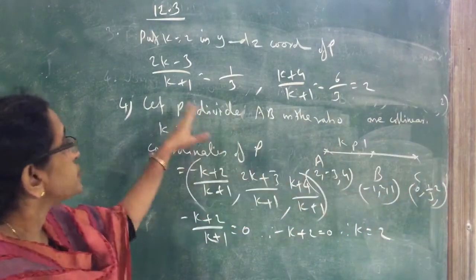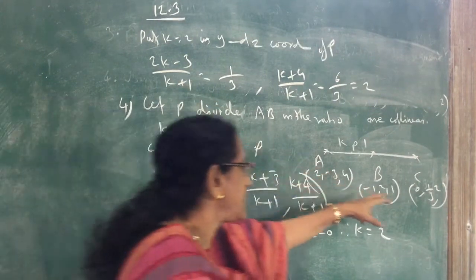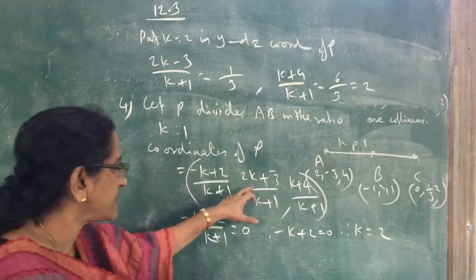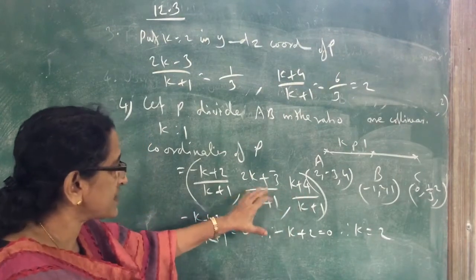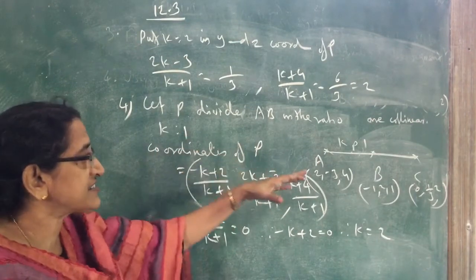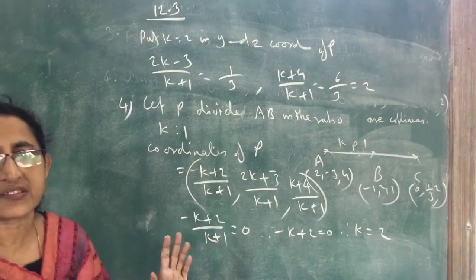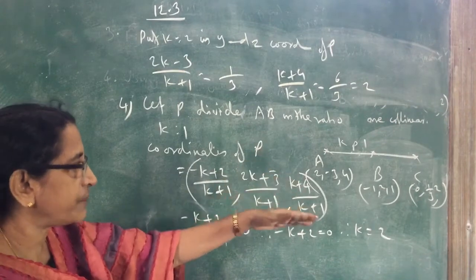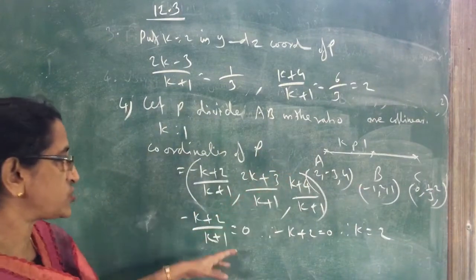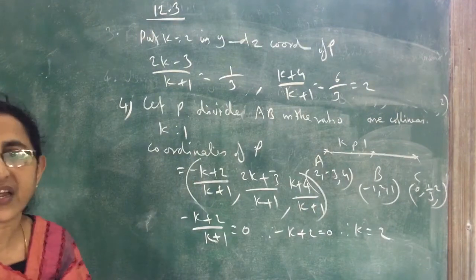So when we equated the x coordinate to the point C, we got the value of K as 2. And when we substituted that K in the y and z coordinates, we got the same coordinates as C. So that means this point P and C coincide, that is, P and C are the same points. So P is C, 0, 1 by 3, 2, and C divides AB in the ratio K is to 1, K equal to 2. So C divides AB in the ratio 2 is to 1.